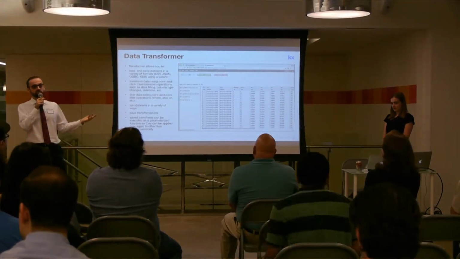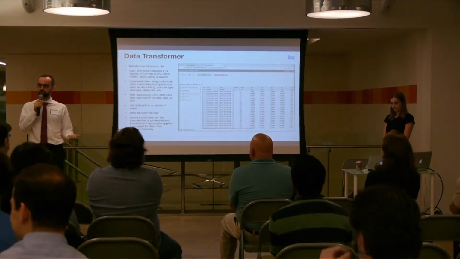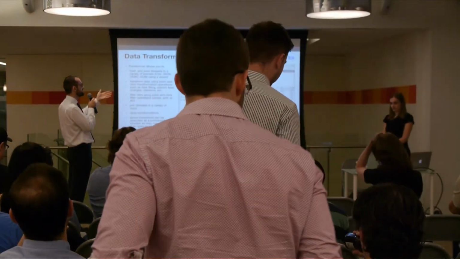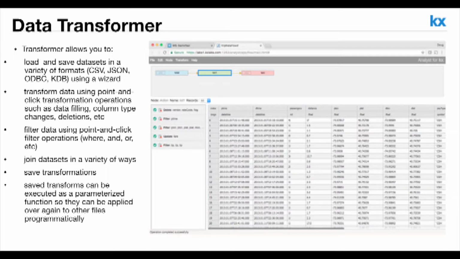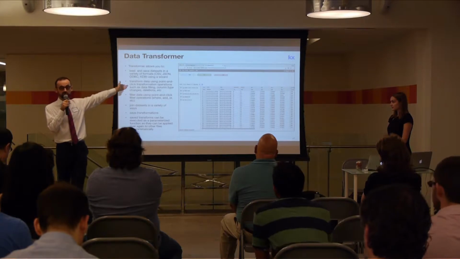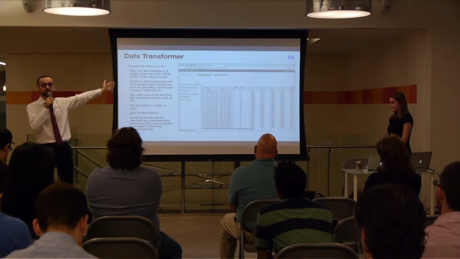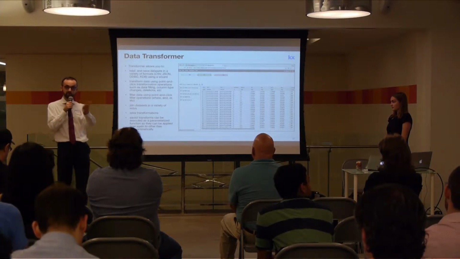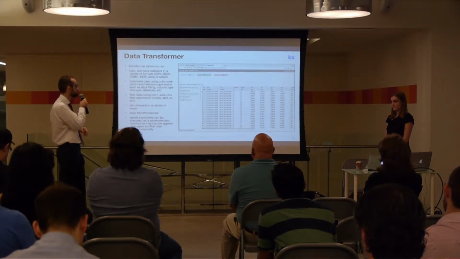Okay, so then another component, and this is the part that I think appeals a lot to the non-traditional KDB and Q developers, is what we call our data transformer. It's basically the idea that you can do a lot of ETL just using drag and drop boxes, configuring your data types. So you can load in data from various different formats. It could be CSV format, JSON format, over ODBC connections, or it can be from KDB as well. So that's both partitioned and in-memory data, so all the different KDB data types are supported as